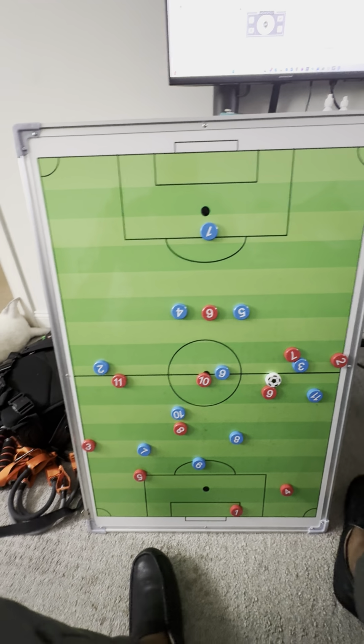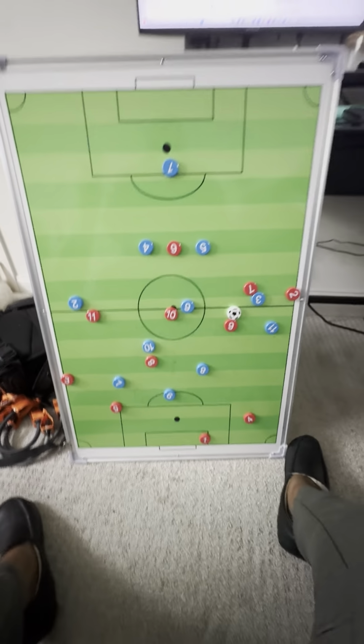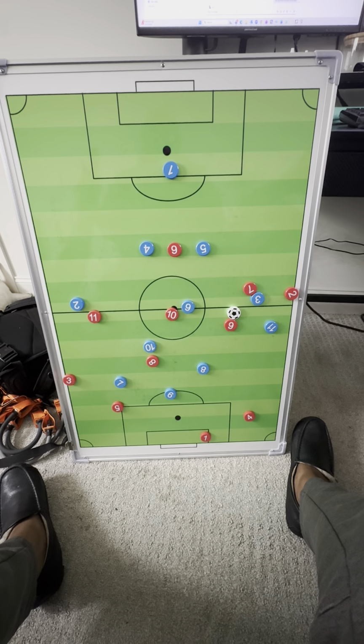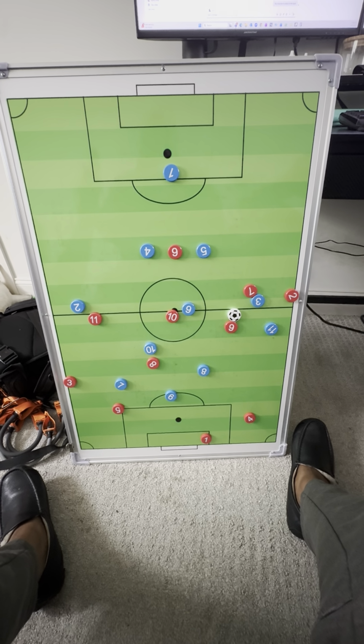All right, guys. Here is the build out in possession